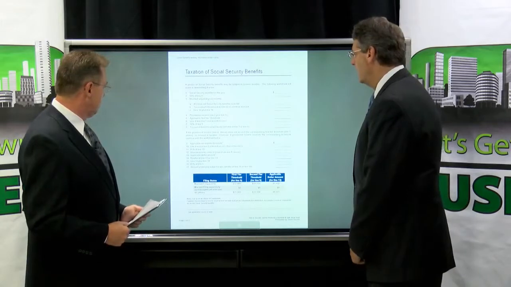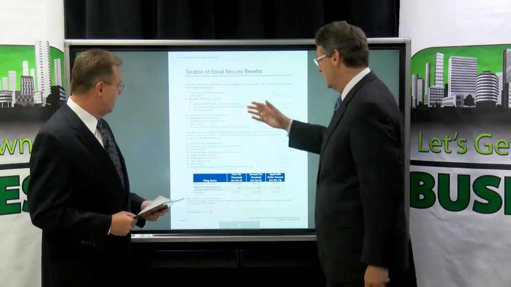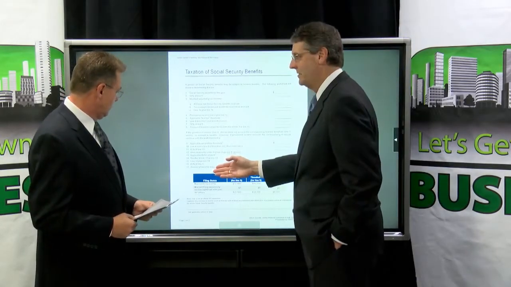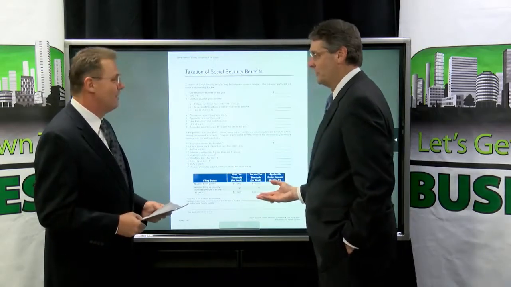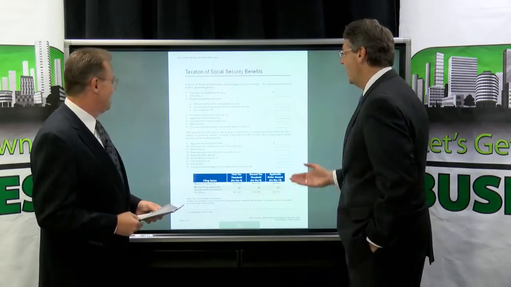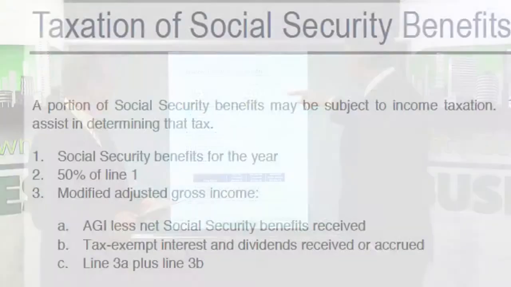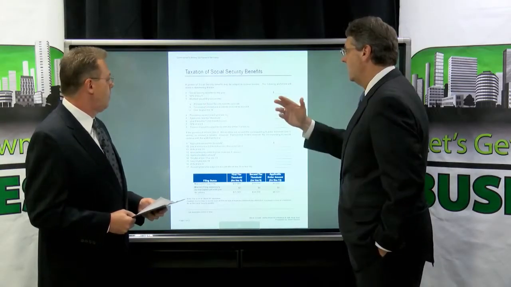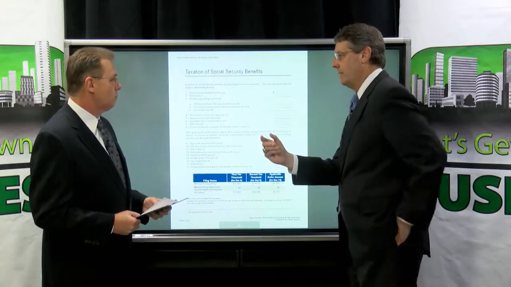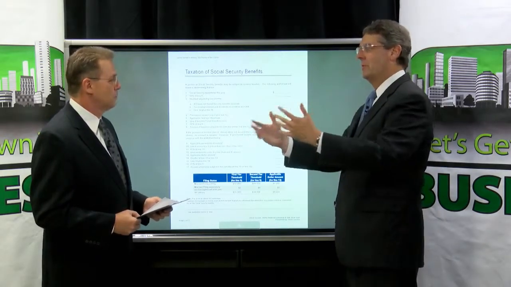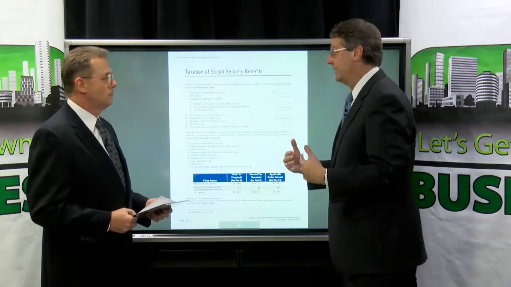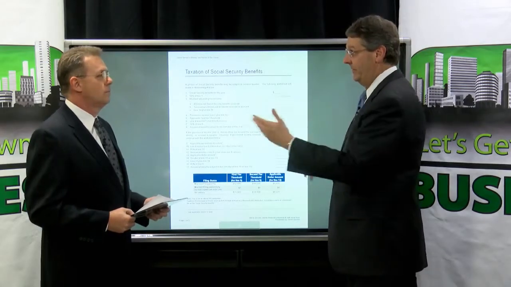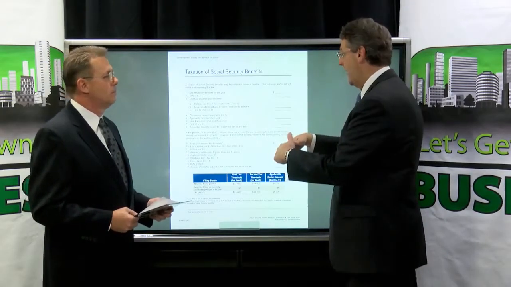Well, in typical Social Security format, it's a 17-step calculation in terms of figuring out how much of your Social Security actually gets taxed. But we're starting out at 50% of your Social Security benefits in essence. That's one thing that I think a lot of Americans think: hey, I've worked all these years, I'm going to get them back tax-free. The reality is right from the very beginning, 50% of it's thrown into the calculation.